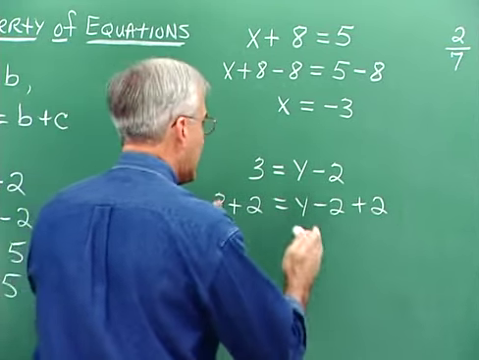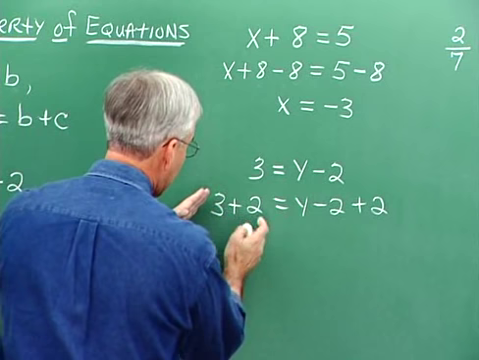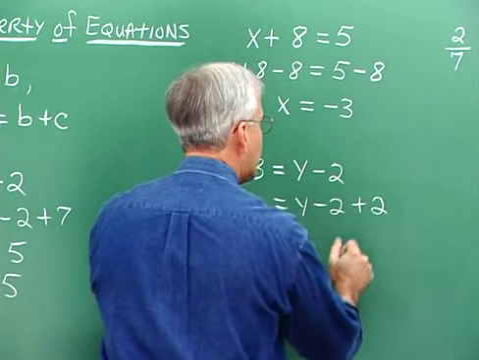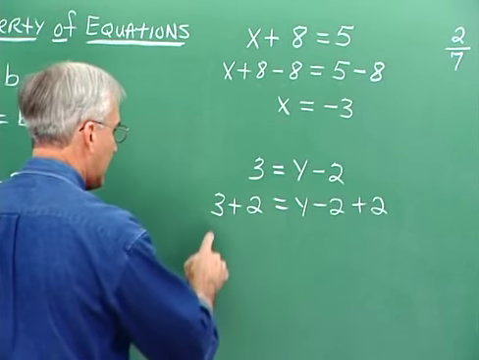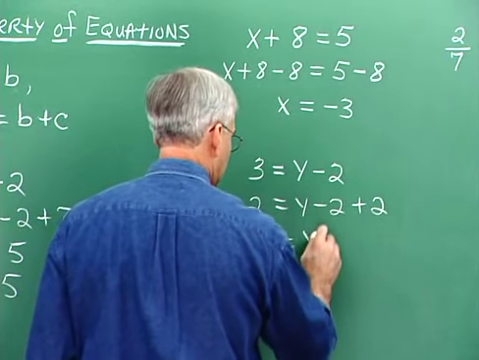You see, again, it's this idea that we take the expression over here and show the addition of 2. We take the expression over here and show the addition of 2. So we're doing the same thing on both sides, which is very important. 3 and 2, 5 on the left, and on the right, the 2's go out, so we have y is